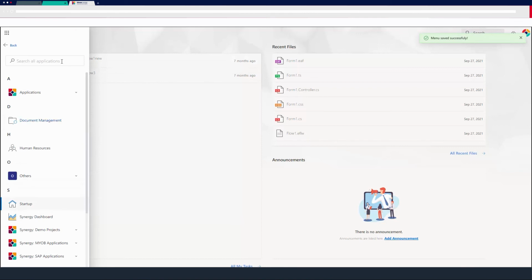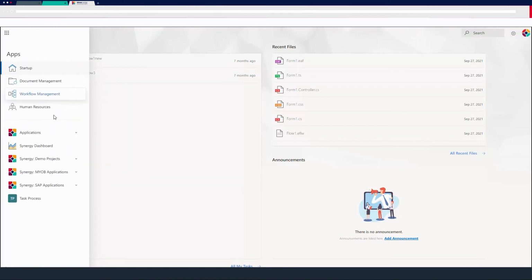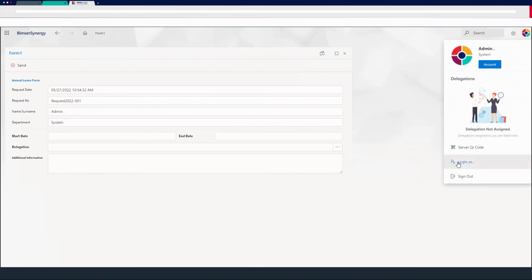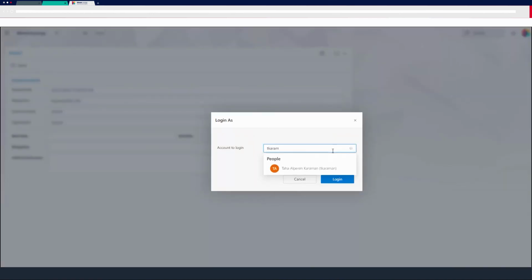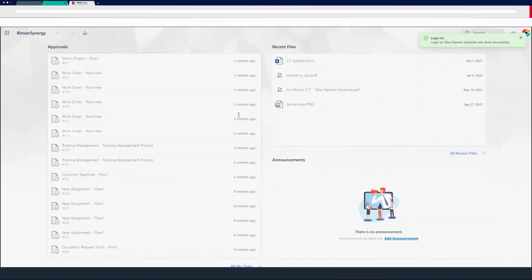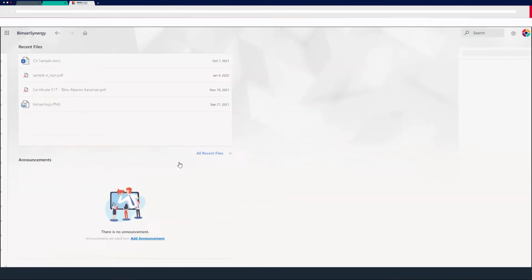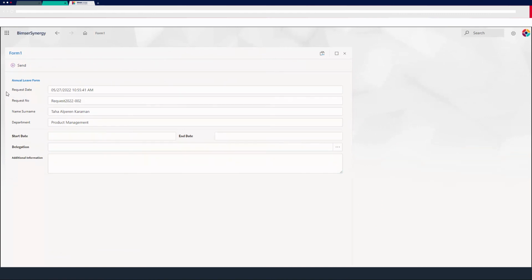After the save button, we will see our project on the menu, and I'm opening it for the first time. For testing the project, I will use a different user for seeing the user metadata object's options. So from the demo projects menu, I'm starting a new form, and as you can see, our request number is up to 1. It gets my name automatically, it gets my department automatically, it gets today's date, and now